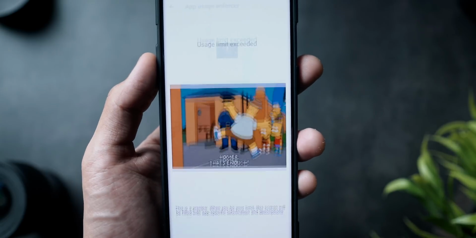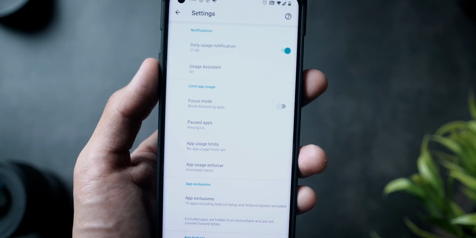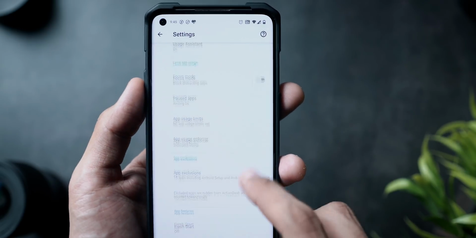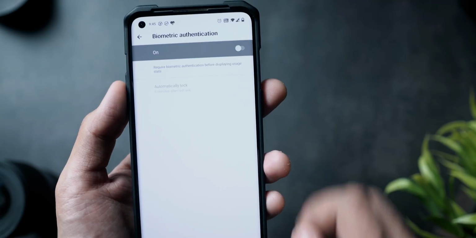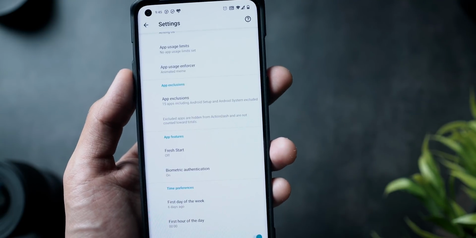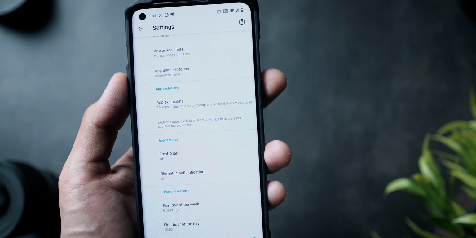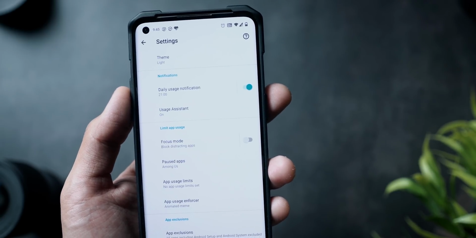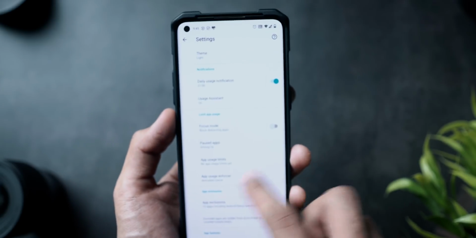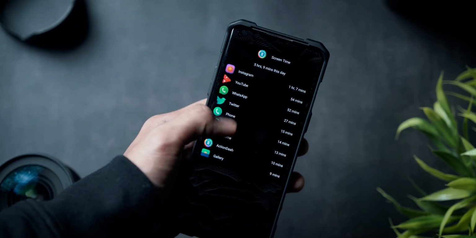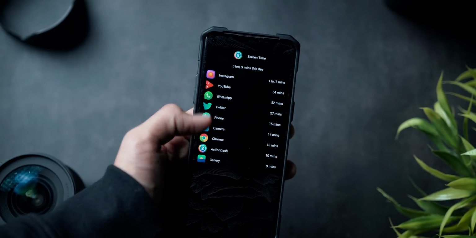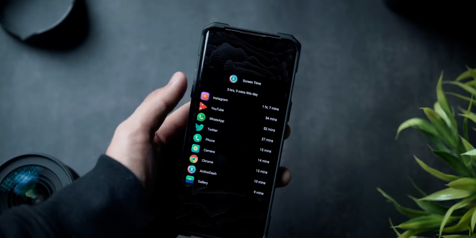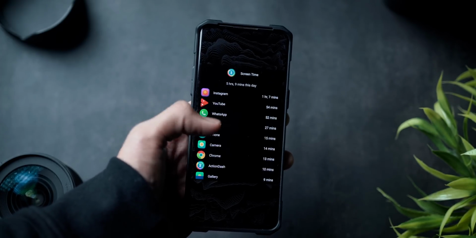And there's this really cool Simpsons meme that popped up when I was recording it, and it's just an icing on top of the cake, and it lets you do a lot of different things. And yeah, that is pretty much it about all the things that you can do in this application. There's of course stuff like biometric authentication that you can turn on to make sure that only you know the usage pattern of your phone and not anyone can just open it up. And there's also a very, very cool home screen setup that gives you information at a glance about the applications that you have been using throughout the day,